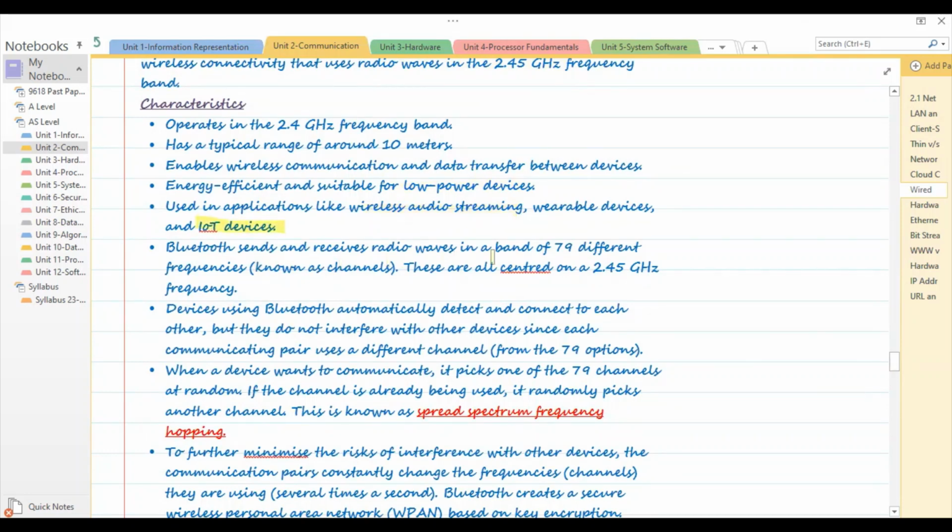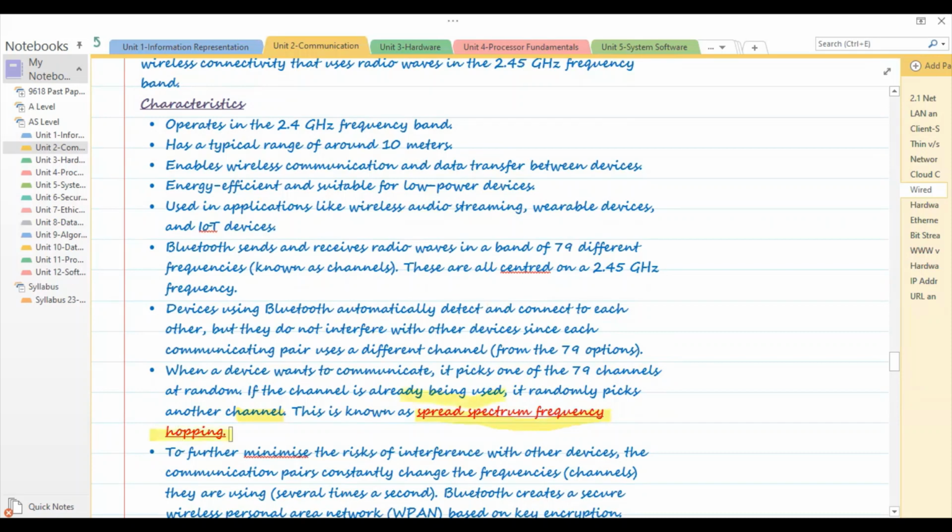Bluetooth sends and receives radio waves in the band of 79. So how it works, there are 79 different frequencies known as channels, and these are all centered on a 2.45 gigahertz frequency. Now, devices using Bluetooth automatically detect and connect to each other, but they do not interfere with other devices since each communicating pair uses a different channel, right? So they keep on hopping between those 79 frequency channels. When a device wants to communicate, it picks one of the 79 channels at random. If the channel is already being used, it randomly picks another channel, and this is known as spread